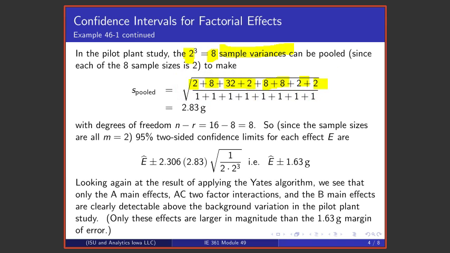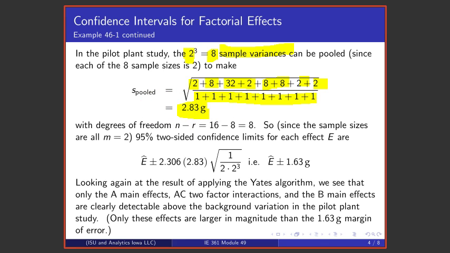They're based on samples of size 2, therefore they have sample size minus 1 equal to 1 degree of freedom for each of those sample variances. So the pooled S is just their sum over 1 plus 1 plus 1 plus 1, and so on. That turns out to be